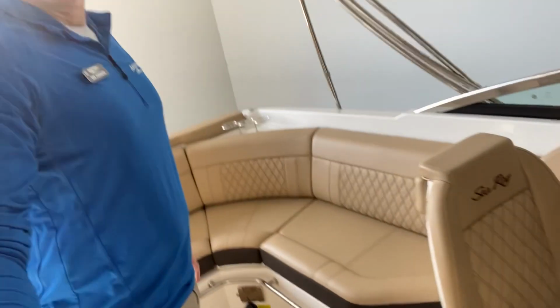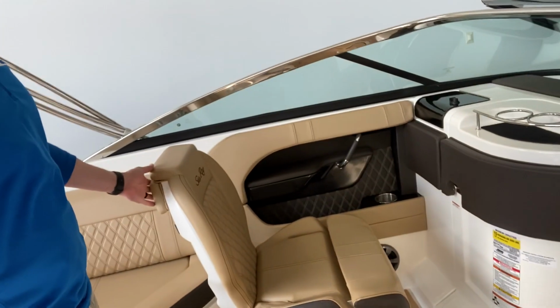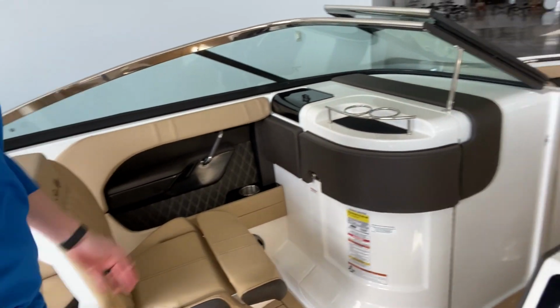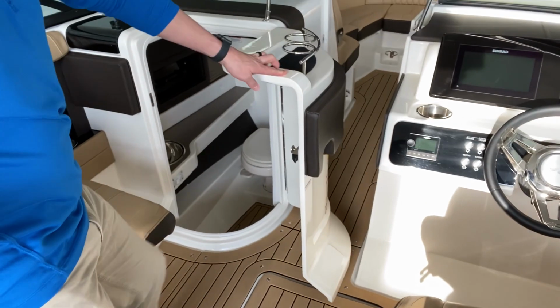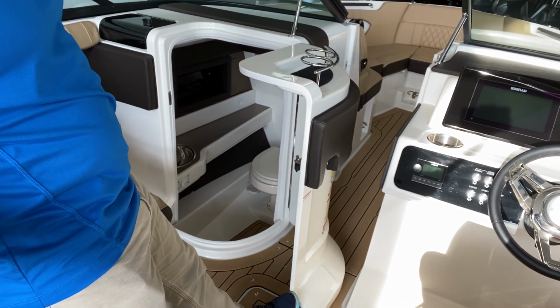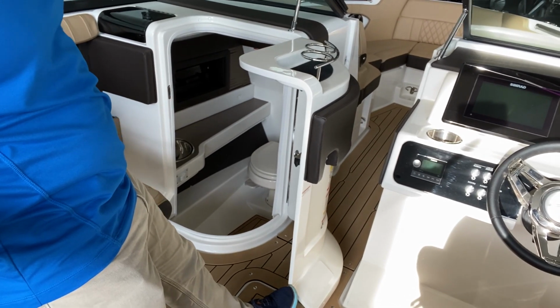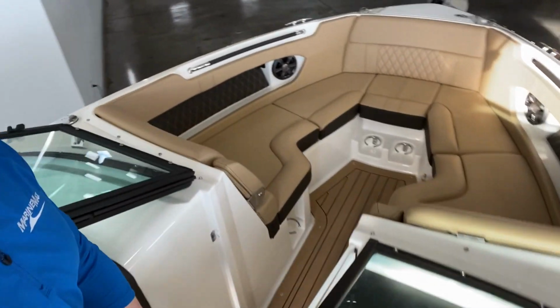Again, tons of room in the cockpit here, as you can see, with a companion seat that will flip around with a flip-up bolster. You've got a nice head in here with a vacuum flush and the head interior upgrade, so you've got some nice sea deck on there and some nice accents on the countertop that's there with the little sink. Tons of room up here in the bow